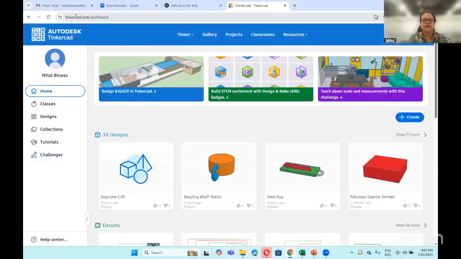Now this is very interesting software, Tinkercad. It has multiple uses, rather, right? Tinkercad is free, open source software. You can design anything on this software, right? To start with Tinkercad, first you go to